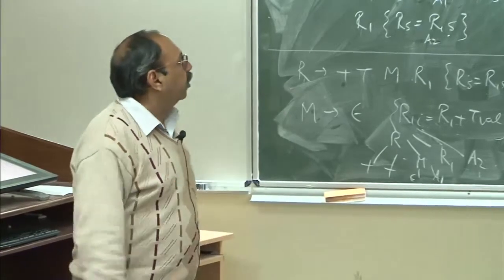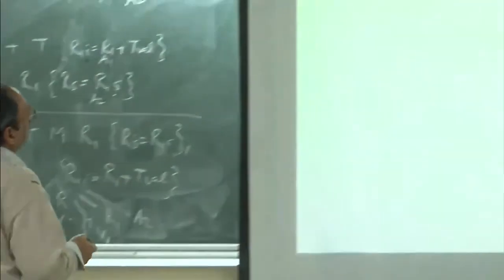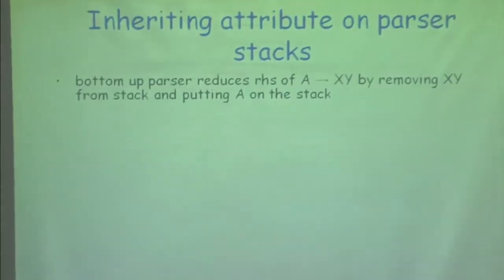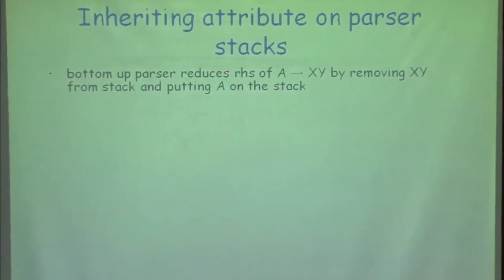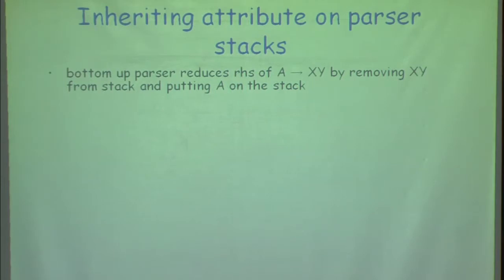Okay. So, let us move on then, and let us see how do I deal with inherited attributes on the parser stack. So, what we are doing here is that when we deal with bottom up parser, remember that this is what we did when we were having only synthesized attributes: if I have a rule which says A goes to x y, then I already had the synthesized attributes of x and y on the stack, and before reduction I computed value of A, popped x and y, and then pushed the A, and in the value stack I pushed the synthesized attribute of A. This is what I did. Okay.